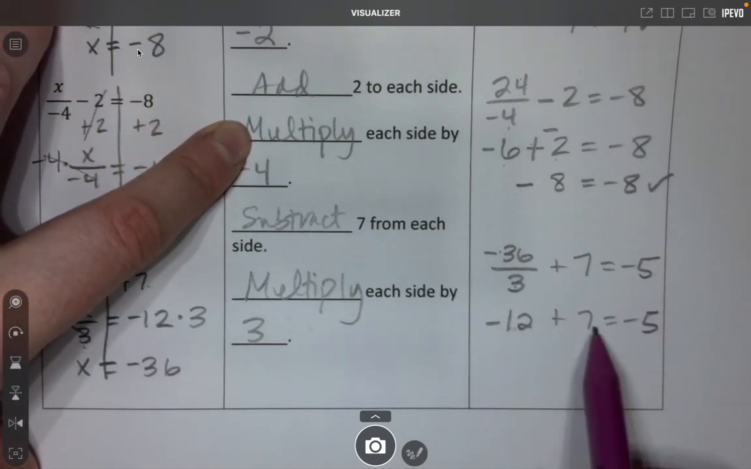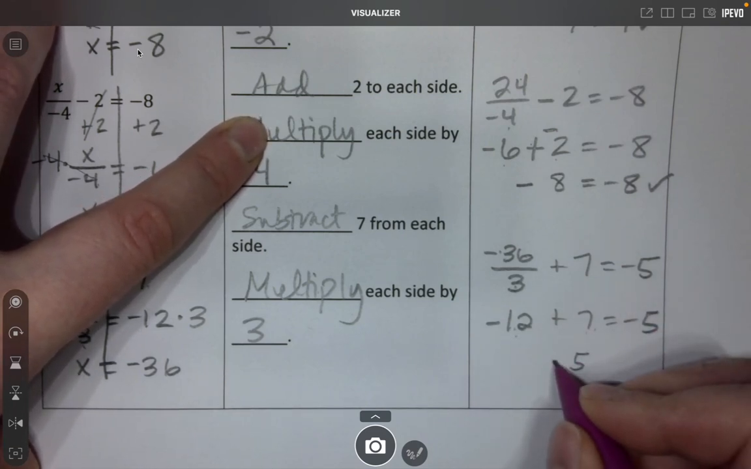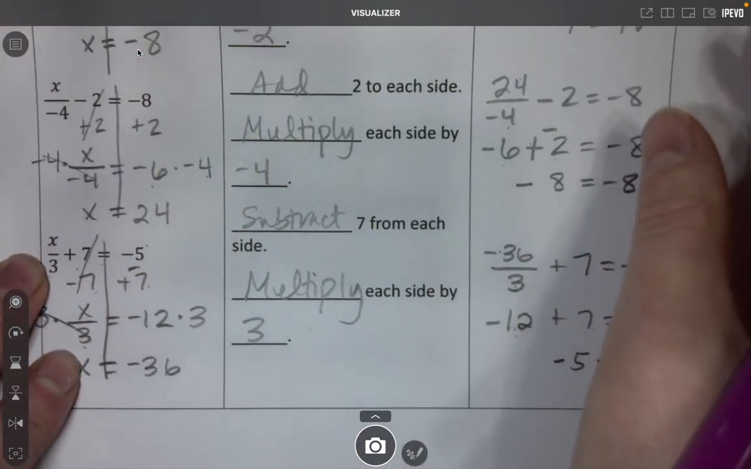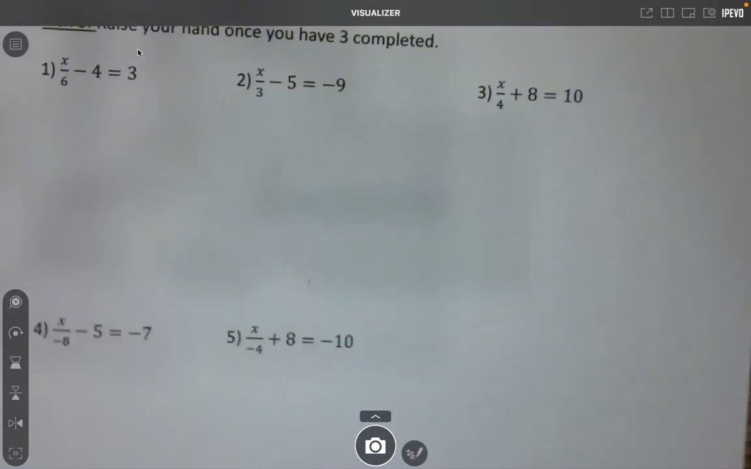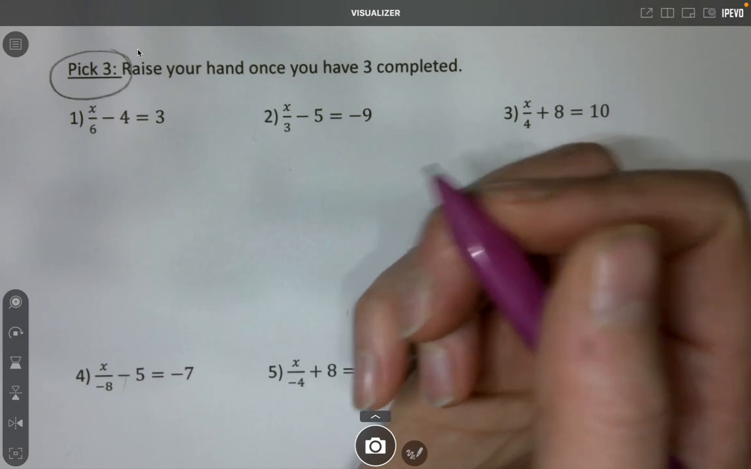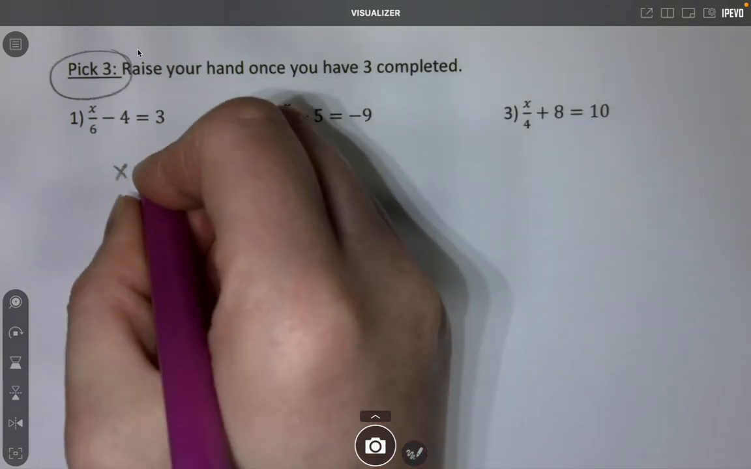And if I have different signs, I subtract. 12 minus 7 is 5. The negative is bigger, so it'll be a negative. And it works again. So I am leaving you with the pick 3. So you should be working on your pick 3 right now. And just to give you an idea of what our answer should be, it looks like this one should be